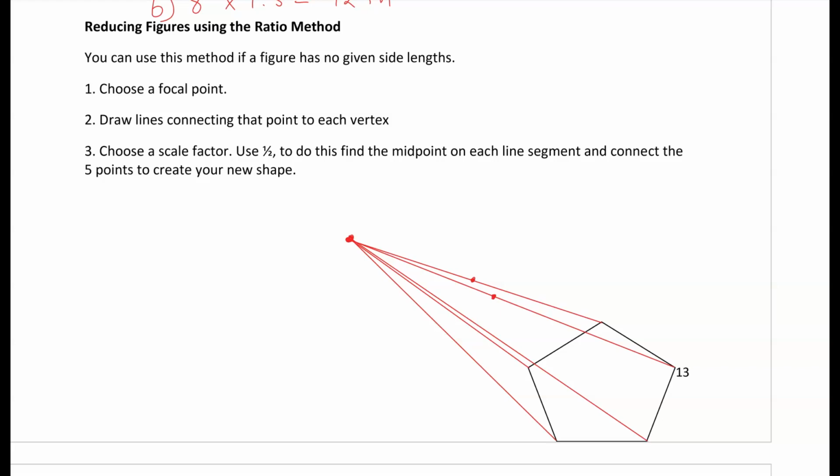Then I would move over to my next line and find my halfway point and make my next dot. Then I do this for the remaining 2 dots. So I'm going to have my halfway point, and then I'll have my last halfway point. And what it should start making is your shape, and then you're going to connect your dots. So you're going to connect your lines,